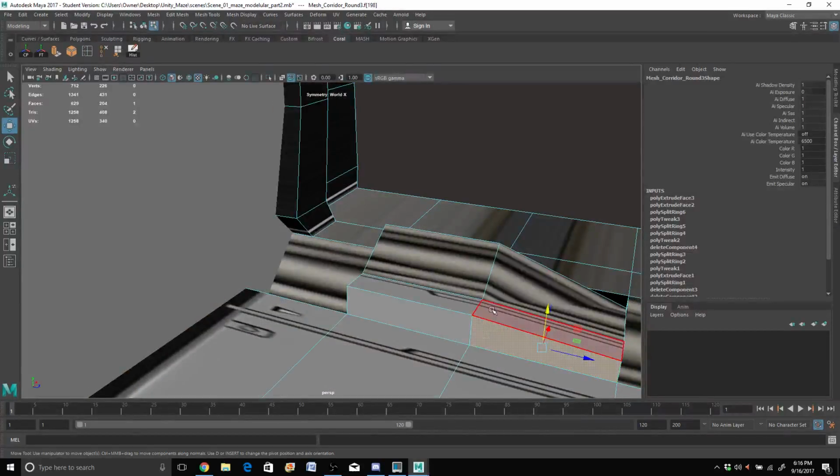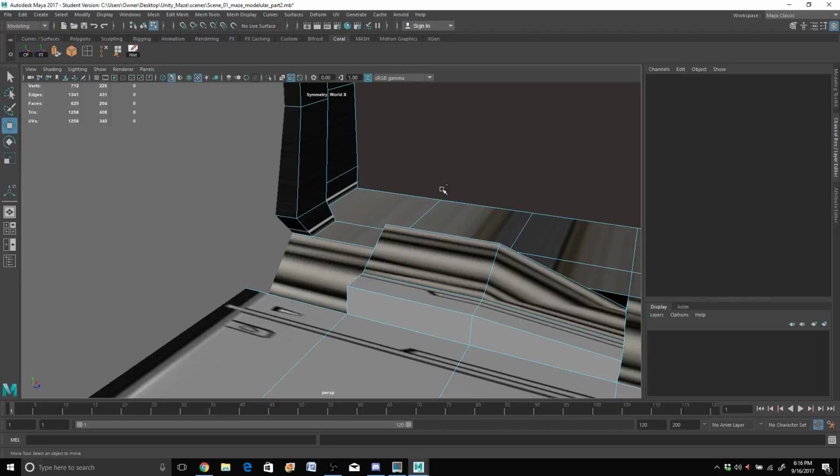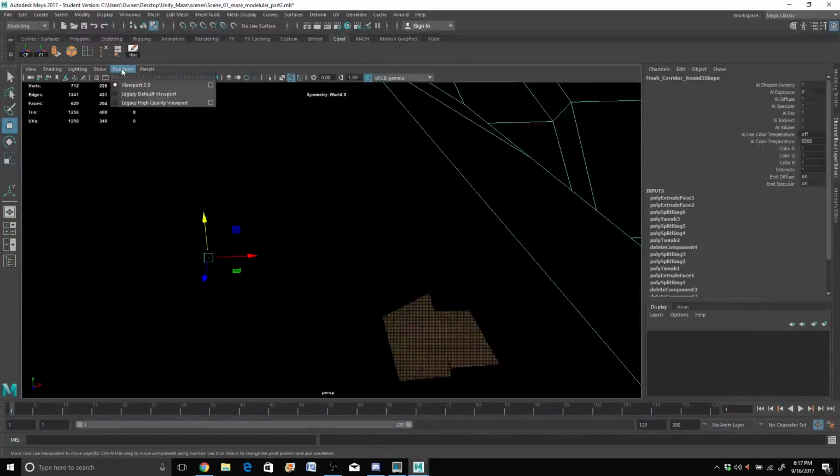But those did not go according to plan. My undo is really slow too. Let me see, maybe it's just because I got Viewport 2.0 on. So doing the undo button with my